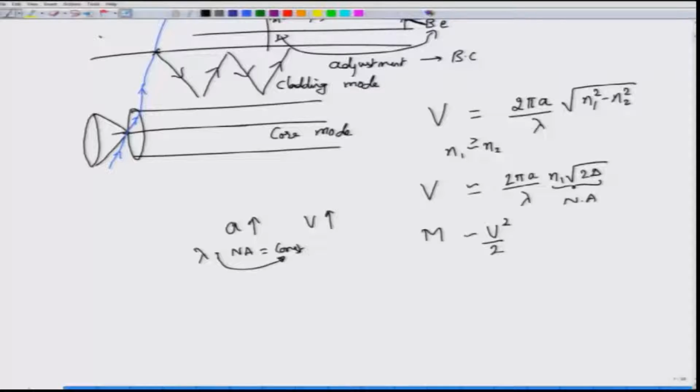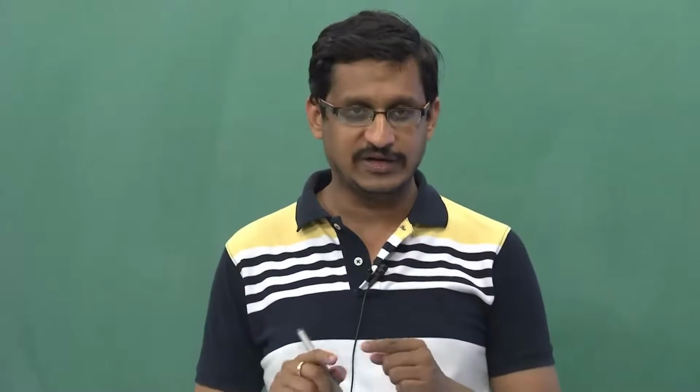So of course the solution would be to then reduce the numerical aperture. Reducing the numerical aperture would mean making the n1 minus n2 difference as small as possible, delta as small as possible, right. So you will see that these are the trade-offs that one has to come up with when designing a fiber for communication system. For a single mode optical fiber communication system, you want no more than one mode to be propagating inside a fiber. So which means that V has to be constrained to a certain critical value, and we should not be allowed to increase beyond that. There is one advantage of having cladding modes and the core modes interacting with each other.